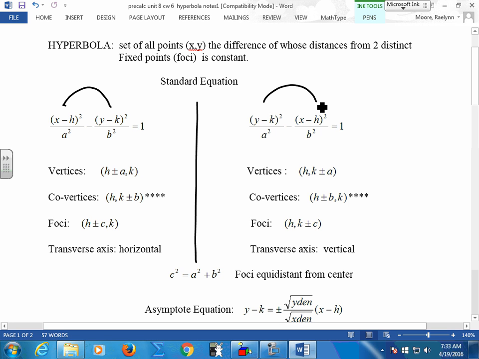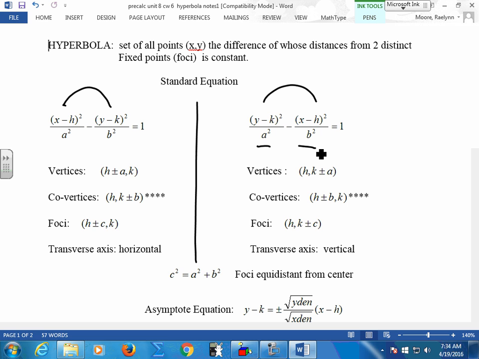Because look, a and b stay the same. Because in a subtract, it matters who comes first. So when we do a subtract, a will always be the first one. X and y will interchange depending on who's the major axis. Okay, now,